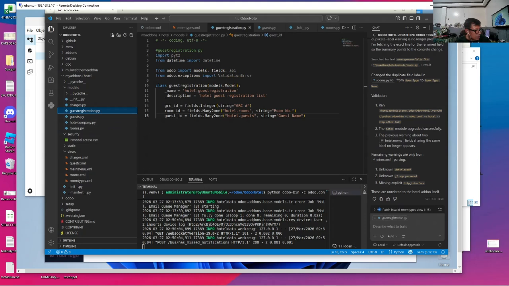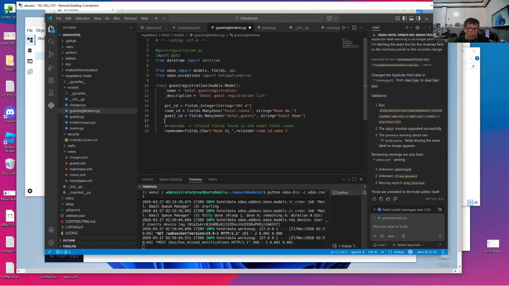And then we need to have the room number, because room ID is a primary key and cannot be understood by users. Our rooms are numbered accordingly, so we need a room name to be fetched from the rooms model. This is a related field. So we have the room name field, a Char, room number, related to room_id.name.